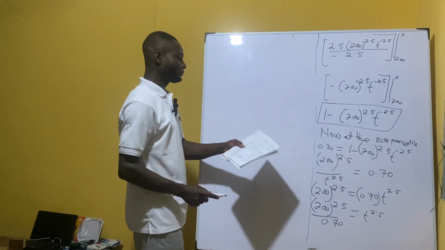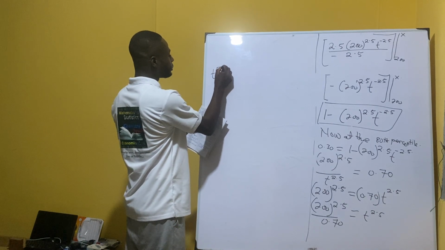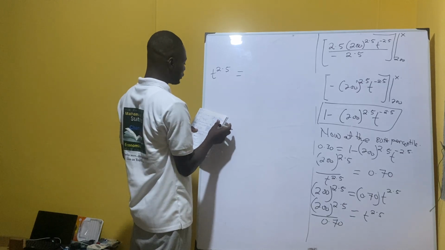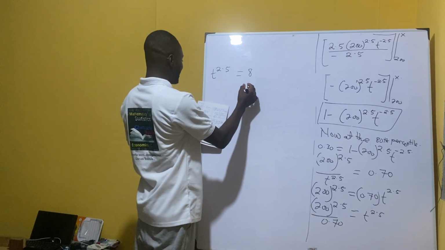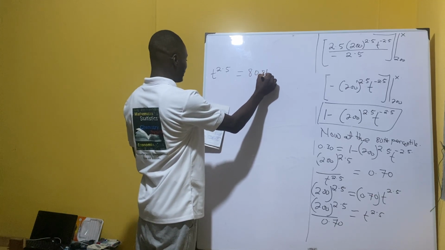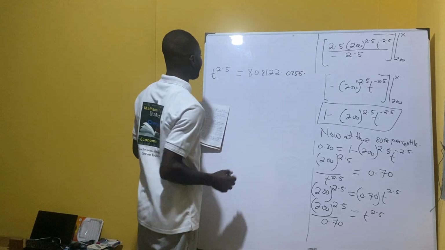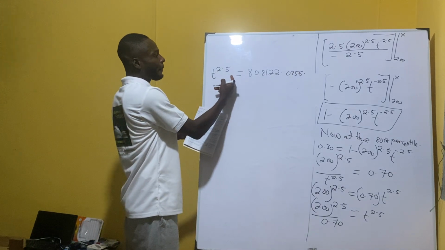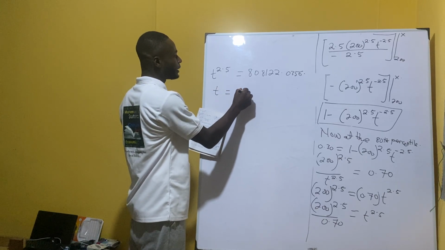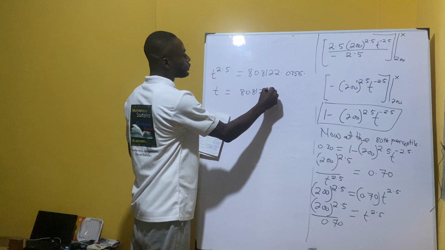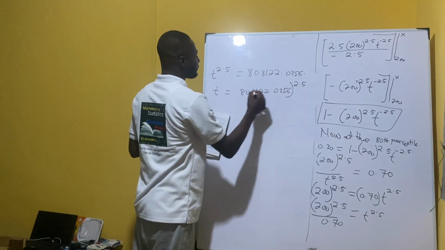When you simplify this very well, you have 808122.0356. Now we take the power 1 over 2.5 on both sides. So we have t is equal to 808122.0356 power 1 over 2.5,